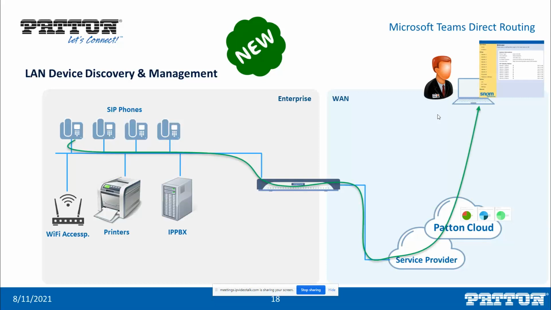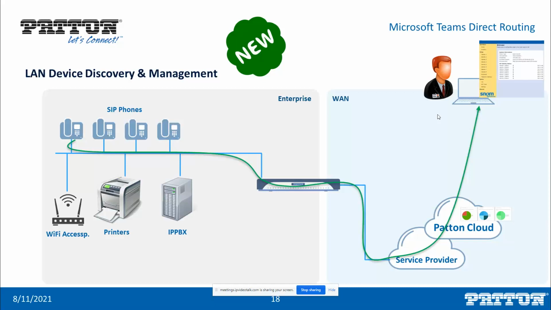So now, for example, here you can see that there could be also other devices than devices related to the IP telephony. So it can be a Wi-Fi access point, it could be a printer, it could be an IPPBX, or it could be SIP phones, right? Or something else. It can be more. So in this case, the device discovered the SNOME phones, and